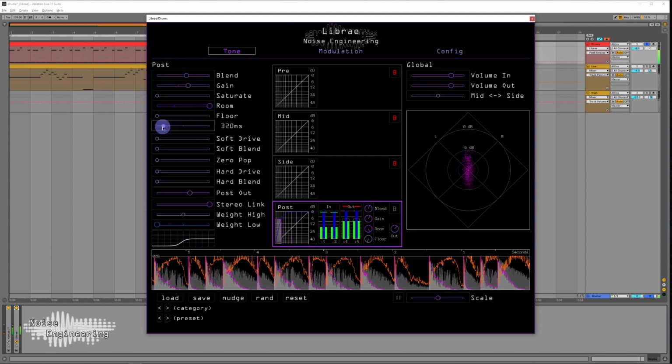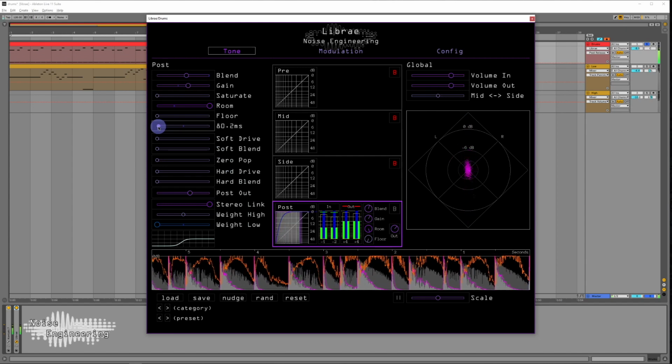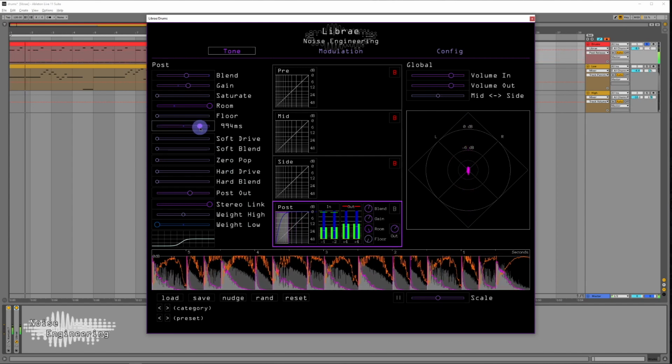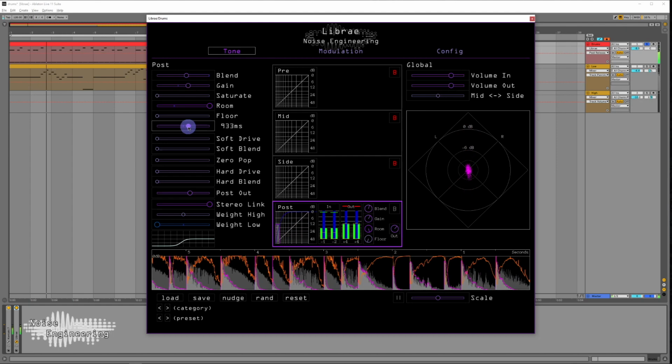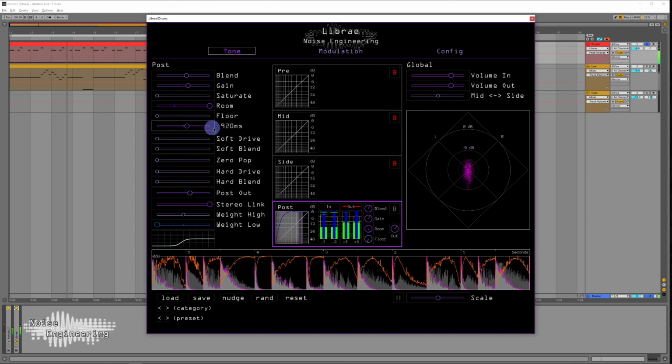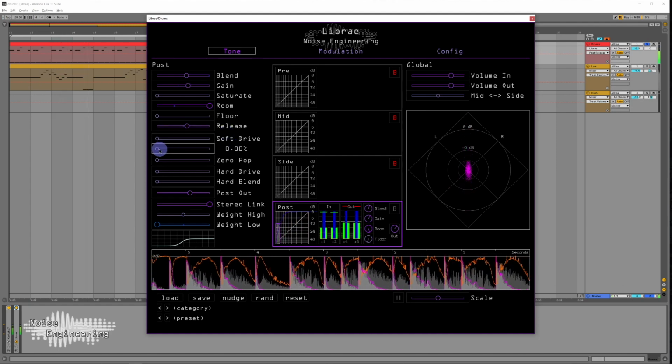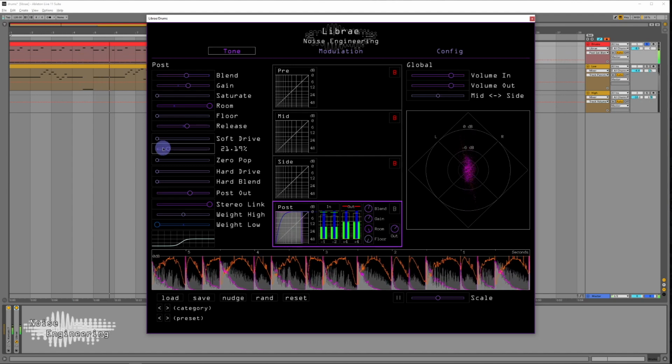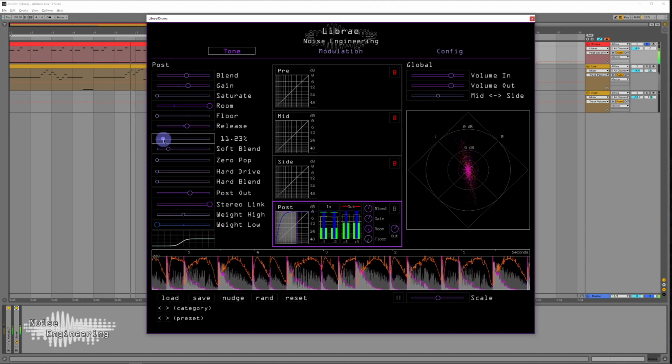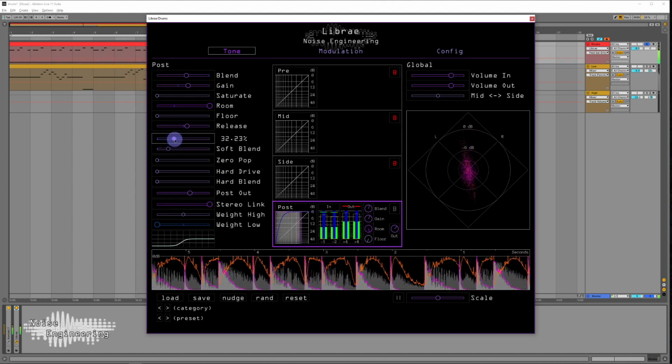Release changes how aggressive the dynamics processing is. Lower settings are more aggressive, perfect for individual instruments, and higher settings smooth out the processing, great for a full mix. Along with dynamics processing, Librae has a number of controls that add color via subtle or not so subtle